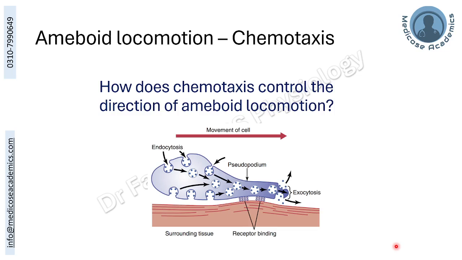So the amoeboid locomotion stimulus is chemotaxis, and whenever there is a particular chemical mediator, it can make the cell move towards the site of that chemical material because of the polarized response of the cell and its cytoskeletal elements. When we look into the details of the amoeboid locomotion and its mechanism, you can appreciate how the polarized response of the cell towards the source of chemotaxis will result in the movement of the cell towards it.